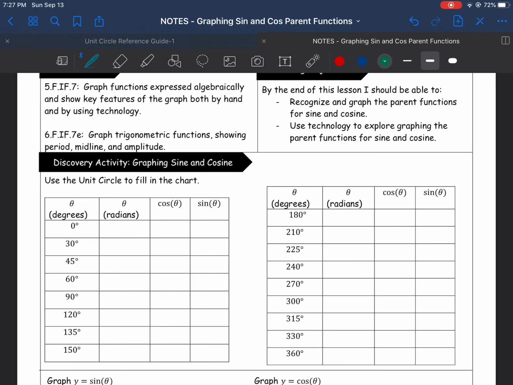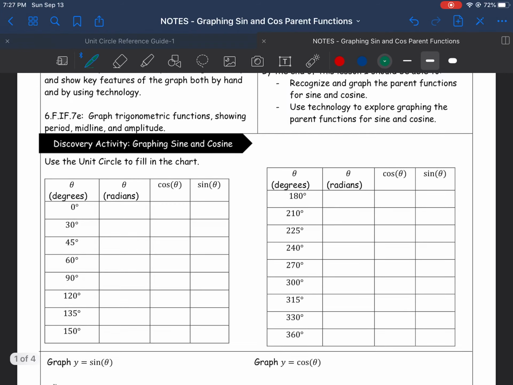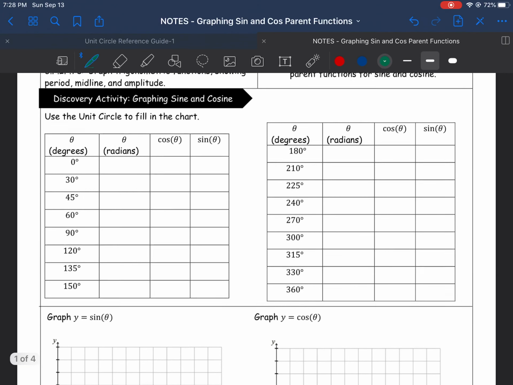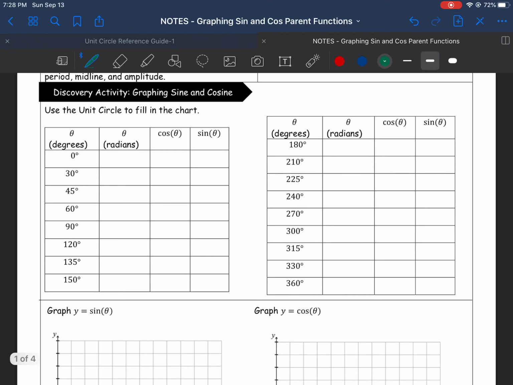What we're going to do is first look at a discovery activity. In this discovery activity, notice that you're given a chart, and the instructions are to use the unit circle to fill in the chart. So we are given the angle in degrees, and we want to find the radians that match that angle in degrees, the cosine of that angle, and the sine value of that angle, all the way from 0 to 360